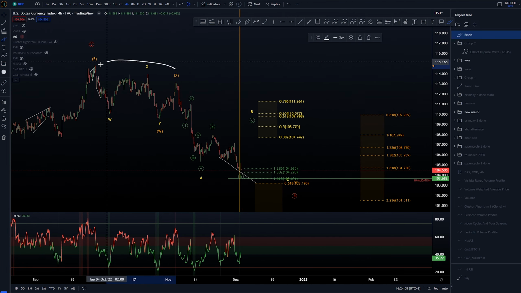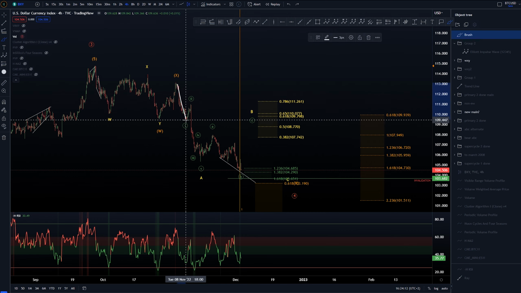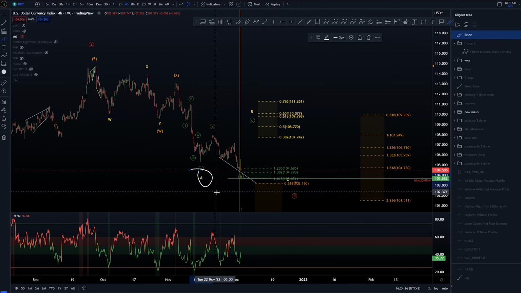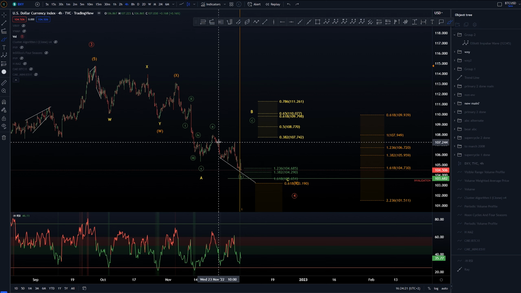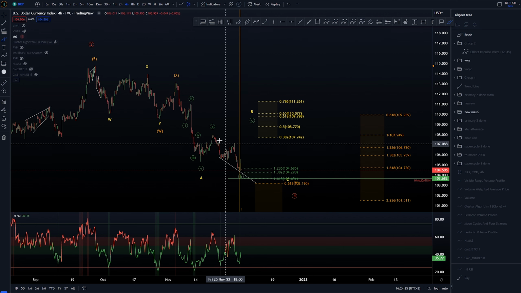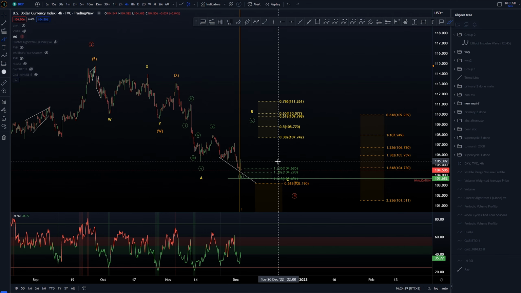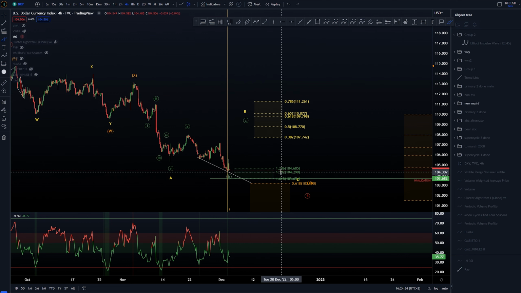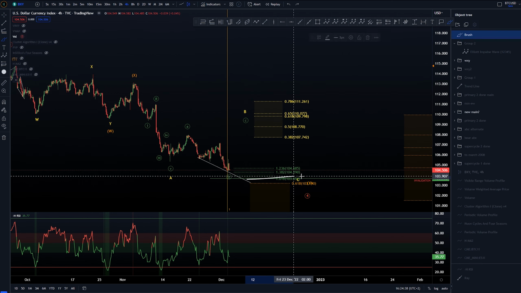So exact same structure up into these highs, and instead from there we would have this as a 5-wave structure. This would get us to that wave A low, and then we would be looking for wave B. At the moment, this could be done here, where we would have 3 waves into A, 3 waves into B, and then looking for a 5-wave structure into that wave C. At the moment, we have retraced around the 1.236 of this wave A here, or the wave B. If we go below the